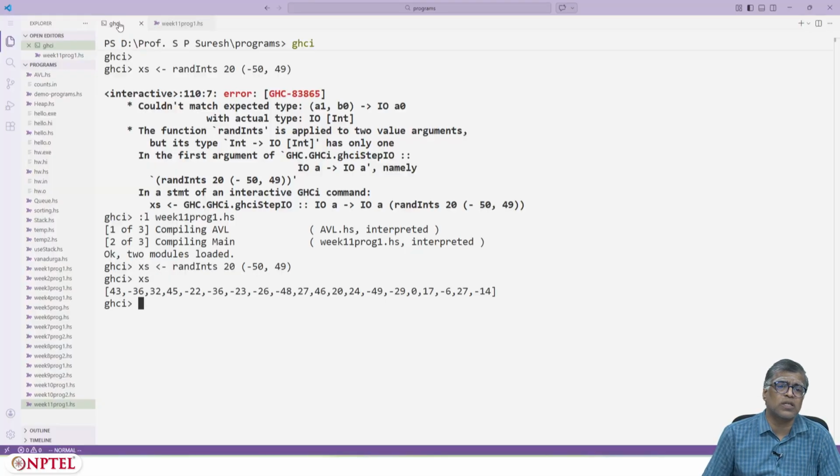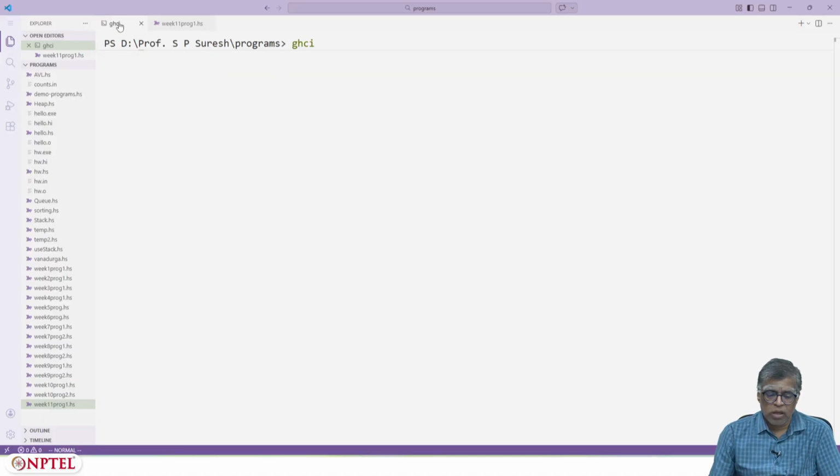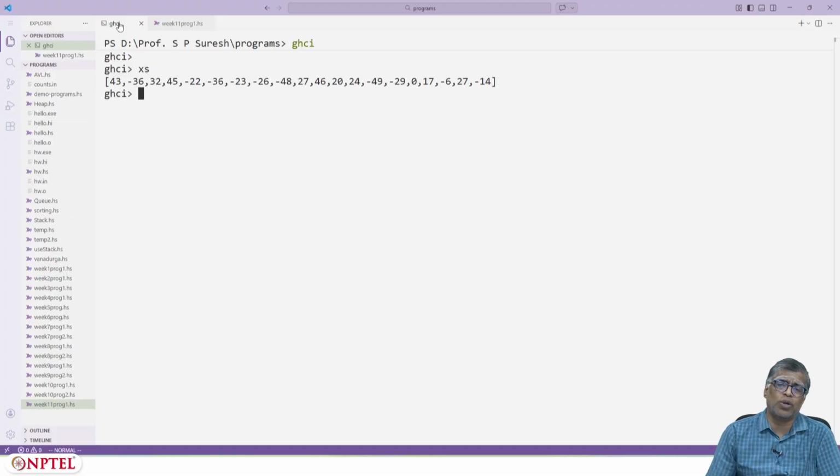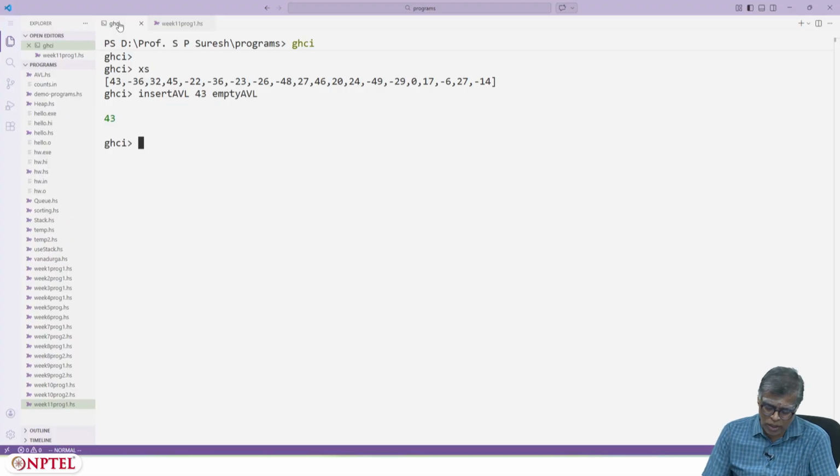Let us see what excess is. It is this thing 43, minus 36, whatever. Okay, so let's try to actually do it step by step to show you how things happen. Insert AVL 43 empty AVL. Okay, I get something which is just 43, just the node 43.